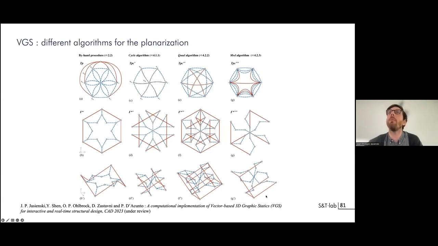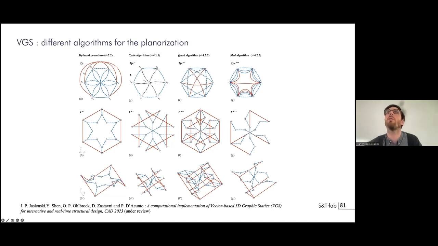They are incremental algorithms, which means that they start from a reduced planar graph that we call the maximal planar graph, and then add elements one by one, elements that they will split, until all the elements are added back to this maximal planar graph, and then you have the full topological graph that you can see here or here to assemble